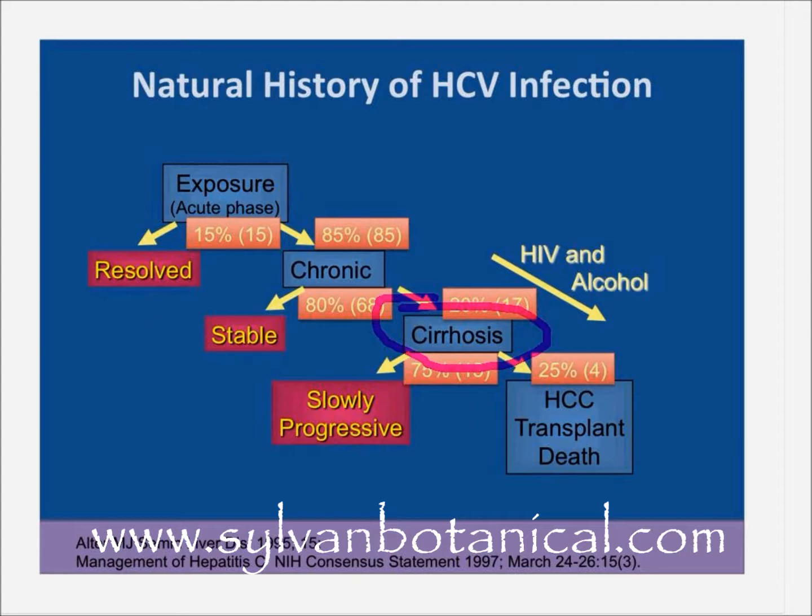That's one of the reasons that many, many more people are having problems with hepatitis C at this point, because they've had it for so much longer. Now, you can see that there's this development of cirrhosis, but there's also slowly progressive disease, and about 25% of the people with cirrhosis develop hepatocellular carcinoma, may need a transplant, or may die from hepatitis C. So there's more rapid progression to cirrhosis in this percentage of people, and there's possibly even hepatocellular carcinoma and or transplant